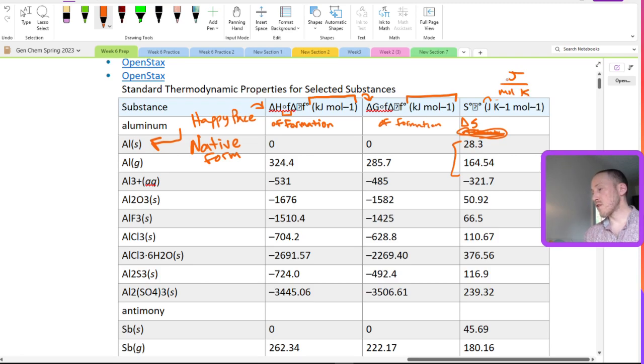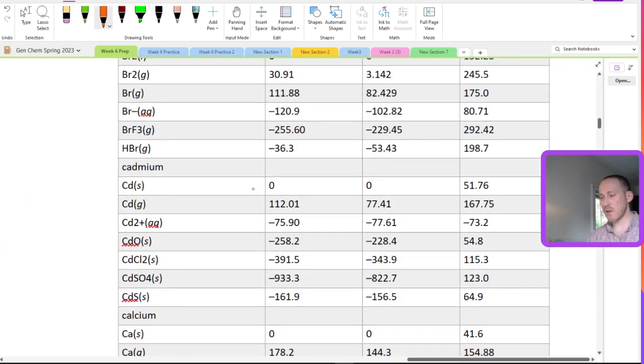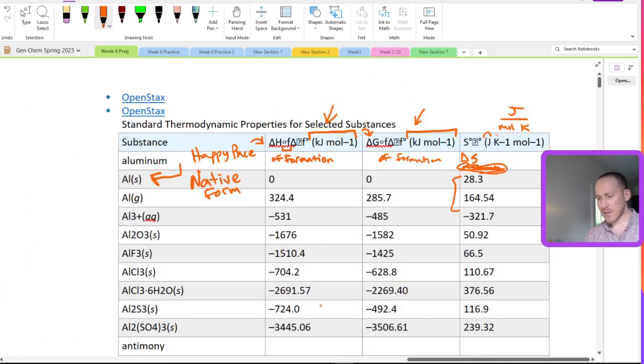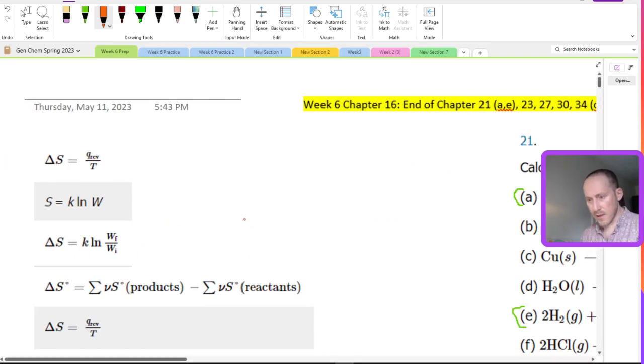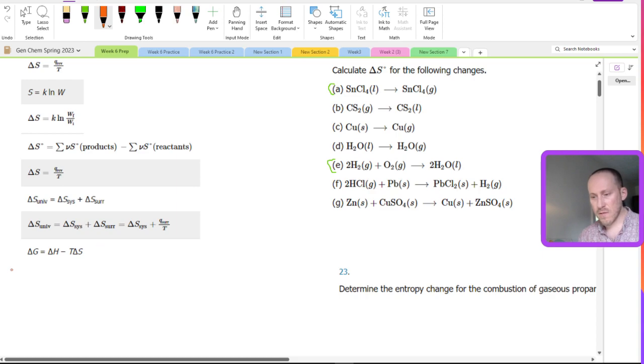So frequently it's a good idea to convert the joules to kilojoules right away, because if you're combining your S's with your G's and H's, you want to be in one unit. Okay, quick overview of Appendix G. I've already copied everything we need, but this is where all that information comes from. Appendix G. Also, while I'm here, let me just point out that in the textbook, there's this list of equations